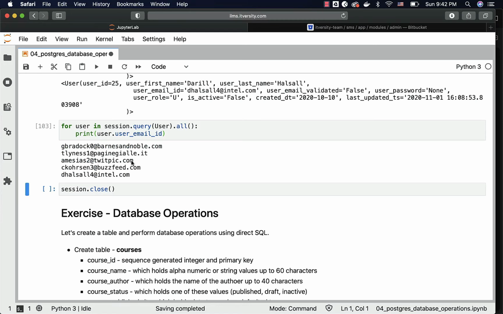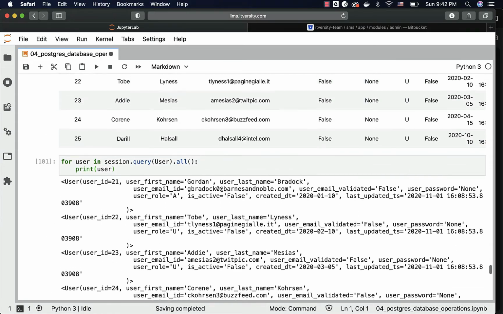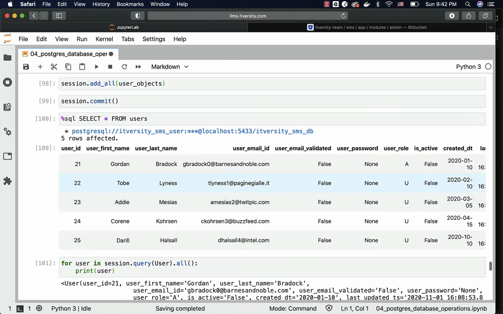Once we are done with all our DML as well as DQL operations, we can close the session like this. This is how you should be able to leverage ORM libraries such as SQL Alchemy and perform database operations. ORM will act as an abstraction between the API calls and the actual database operations that are being executed inside the database. As you mature as a software engineer, you should be comfortable with both ORM as well as the database operations directly if you are targeting to be a good application developer over a period of time.